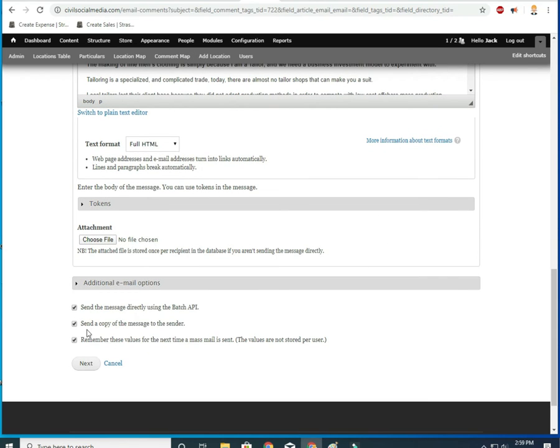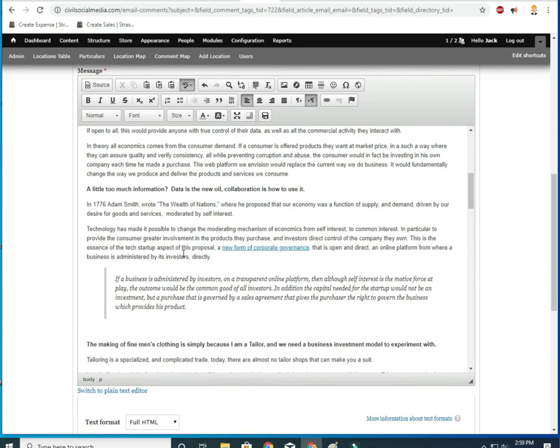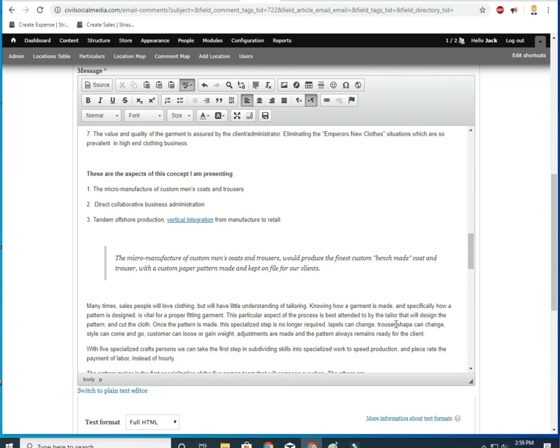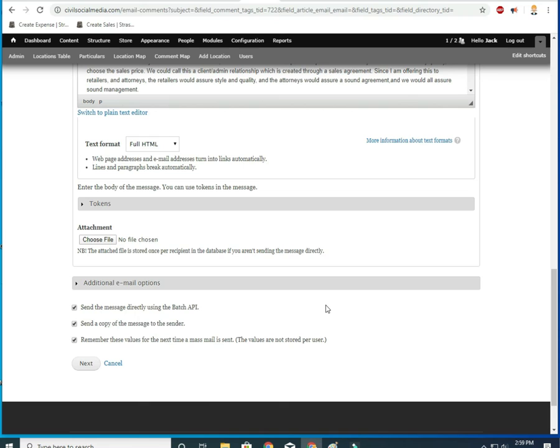and here I've got it to where you don't need to worry about this first one, send message directly using batch API. That's the way it's going to send. I want it to send a copy back to me, so it's going to send a copy to the sender, and it's going to remember these values, the values that I just put in here, which is the content of this email, for the next email. It doesn't save this, but it saves this, but it doesn't save it specific to your user. Right now that's how it has to be done. You have to copy whatever template you want to put in there, and that's what it's going to send. Then you click next,